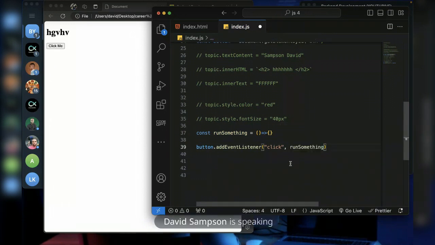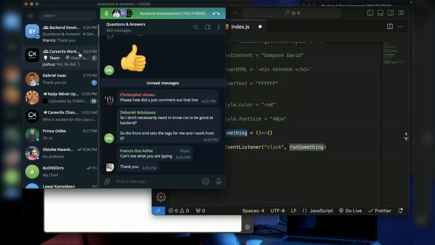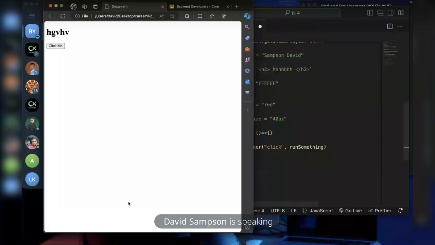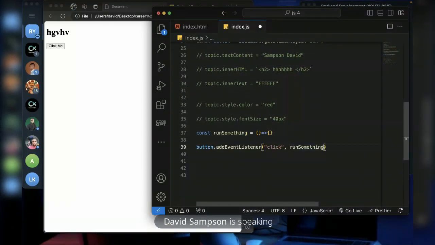So anyway, it will work. The most important thing is that whenever this is clicked, a function should run. Okay. So that's the most important thing. Now you can add the function directly here, or you declare the function outside and then you call it. But let's add the function directly here.